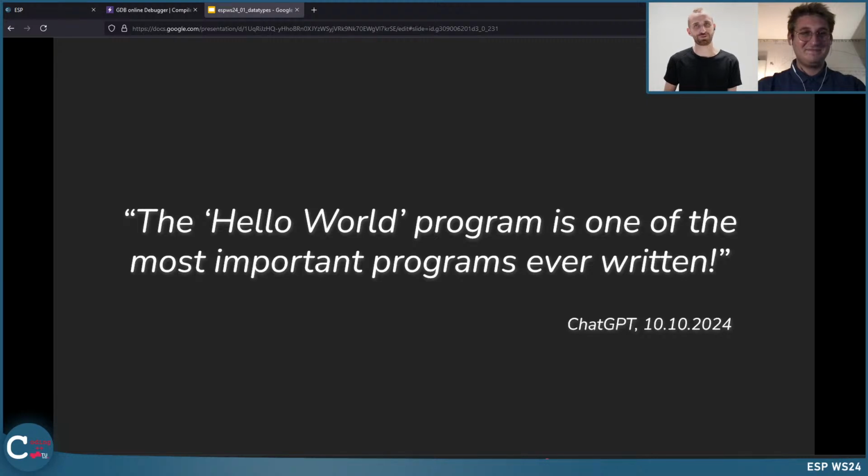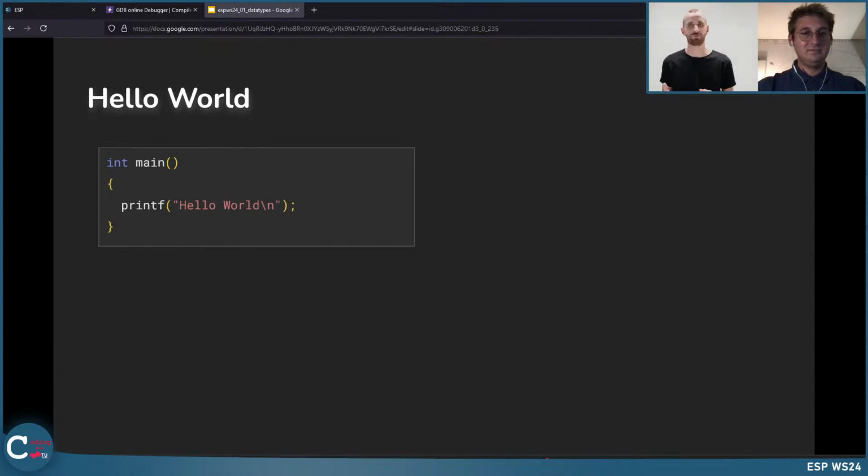In each and every programming language you will first see this Hello World. It just means a statement that prints out Hello World, and you get a feeling of the syntax of C in this case, or the programming language in general. The output is always the same: Hello World. That's basically it.